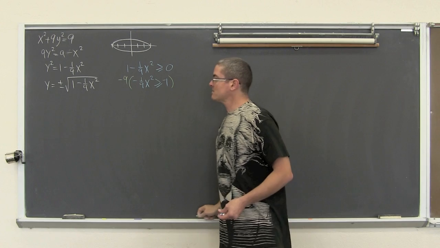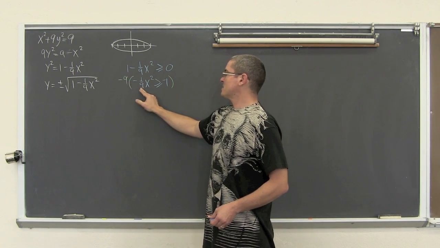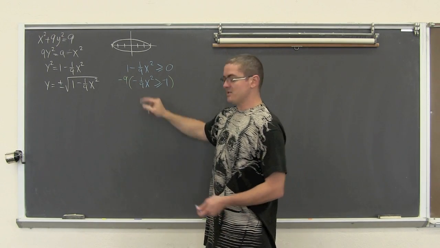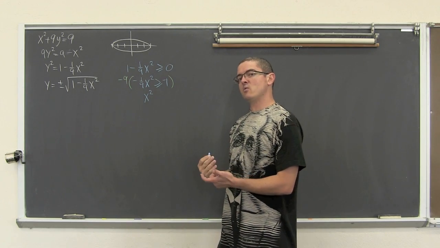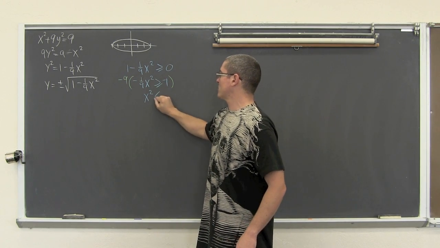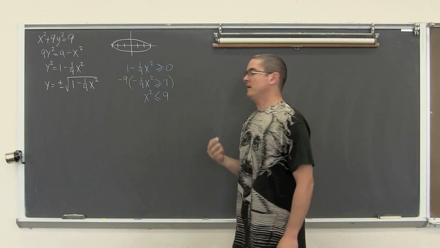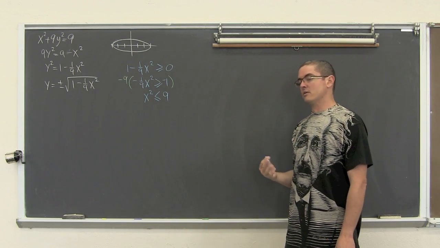I'm just going to show it once. Dividing by negative 9 gives positive 1, so we have x squared. We're multiplying both sides of the inequality by a negative number, so we change the direction of that inequality. And now we need to square root both sides of the inequality to get our 2 answers.